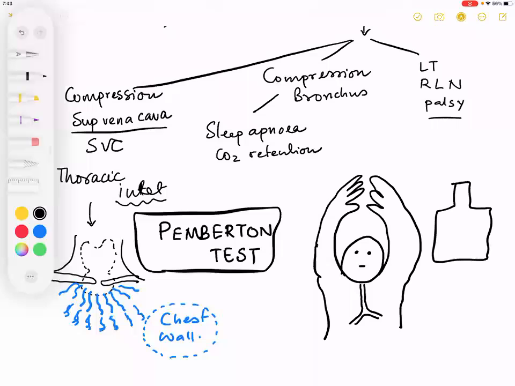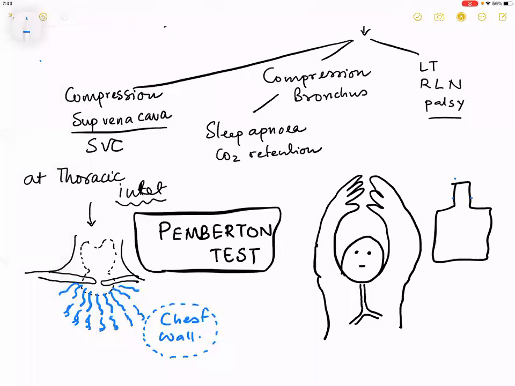Compresses the jugular vein. The logic is very simple. If this is a bottle and this is the cork in the bottle, consider that this is the cork in the bottle. So when the man is going to raise the hands above, what are you doing with the cork? You are pushing the cork down. You can do it on your own self and you will see what happens to your neck.